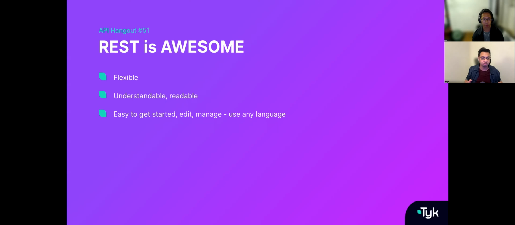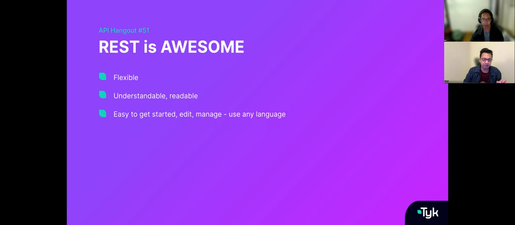And what REST brought to the table was a degree of flexibility. It brought a degree of understandability, comprehension, and readability of the kind of APIs that were being put out there, instead of being very verbose, as you would see with a SOAP API, for instance. The XML could be a little bit challenging to understand and to actually change. That's where the flexibility came in, with the flexibility of format, going from either JSON or text. You could choose which format you wanted in terms of your request and your response.